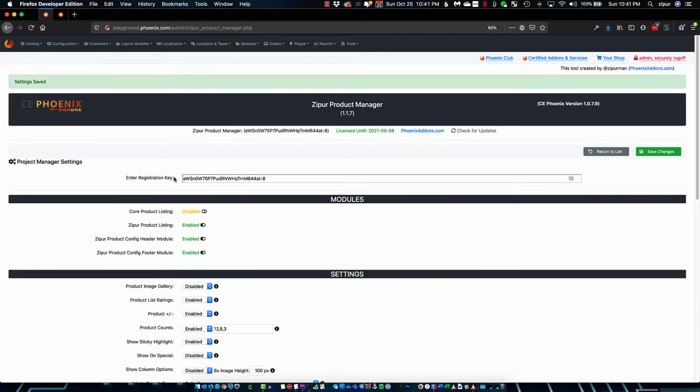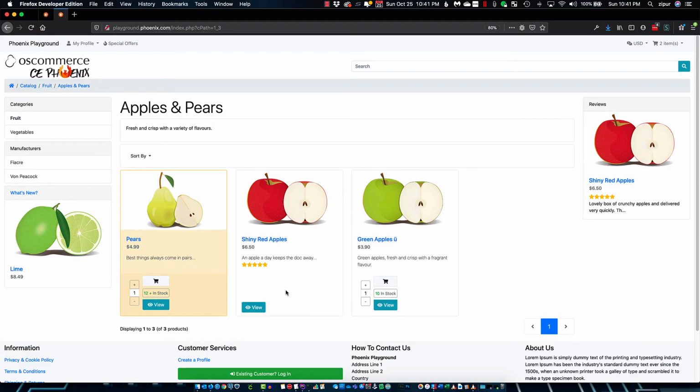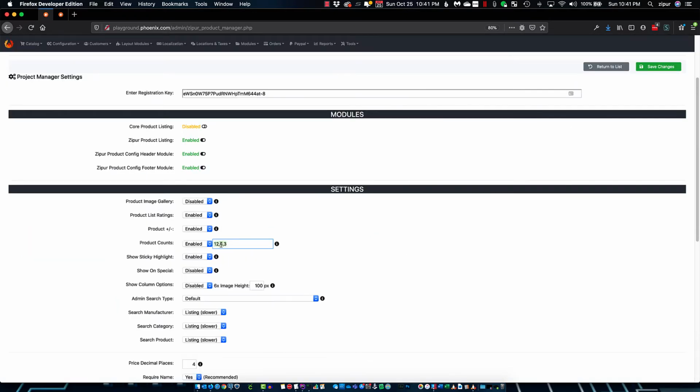Now there's a configuration you can adjust on that. It explains it here, but I'll just tell you what these are for. Basically the first number is the maximum number to show on the screen. You'll notice that this says 12 plus in stock. The reason it says that is because this currently says 12. If I was to change this to 100